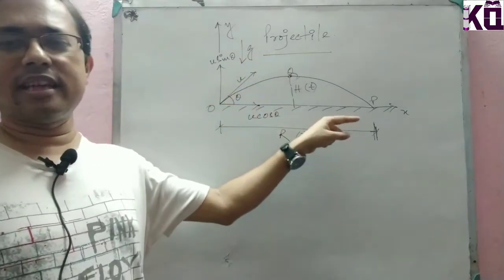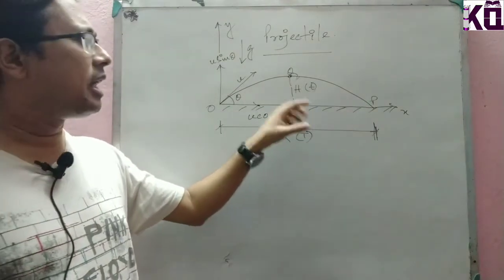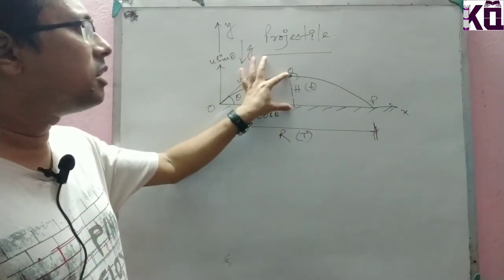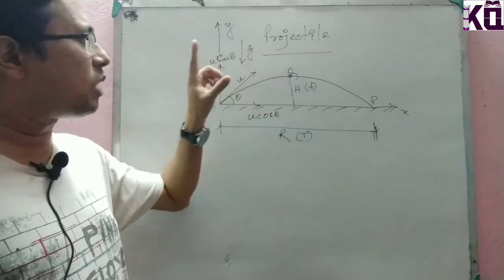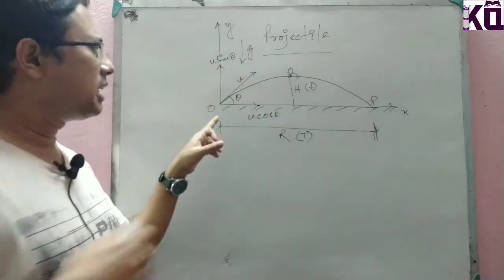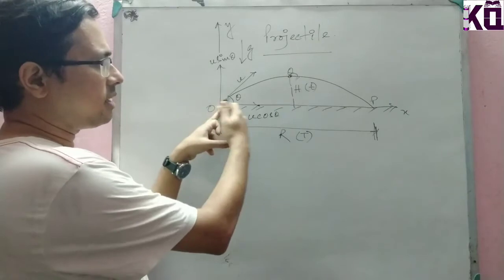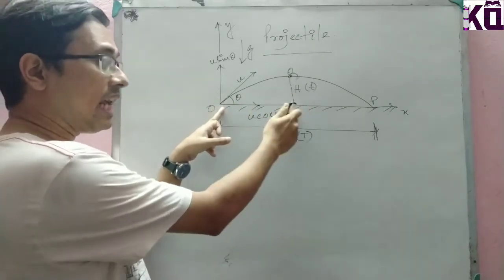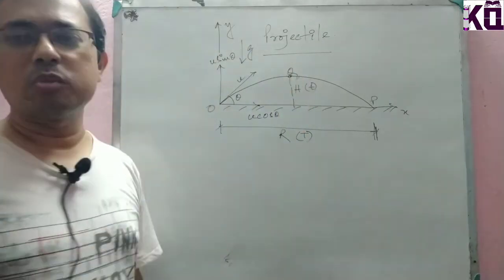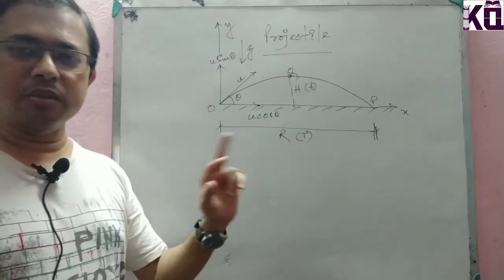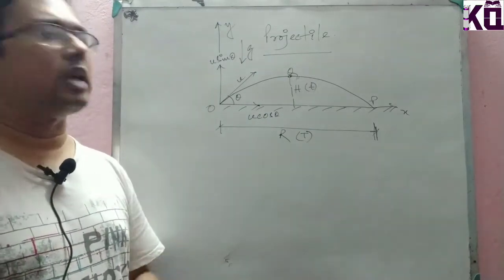And here the displacement should not be called x direction displacement, that should be called the displacement in y direction. And if you want to identify the displacement in x direction, that should be from O to this part, that is the value of the displacement in x direction in time small t. So that is the difference between displacements in the two different directions.